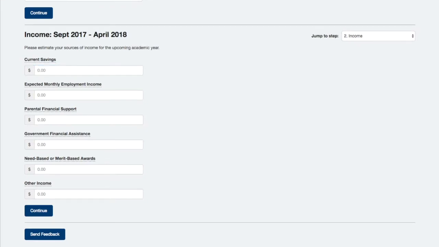Here you should enter estimates for the following income types. Current savings, for example, summer job earnings that you already have and will be using towards school and living expenses this year. Expected monthly employment income, if you'll have a job during your study period. Parental financial support for the year. Government financial assistance like OSAP. Any monetary awards from U of T or external sources, and anything else that you think doesn't fit into the